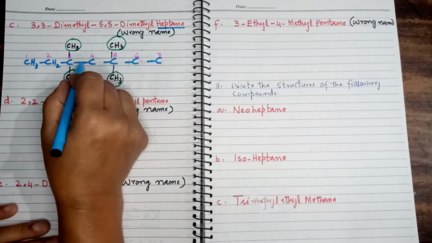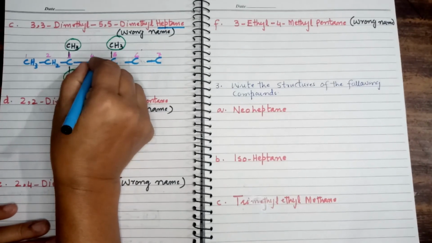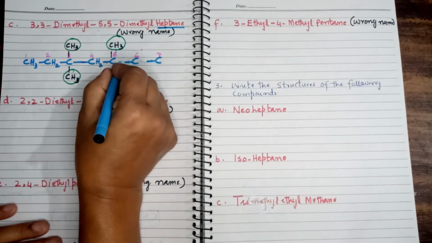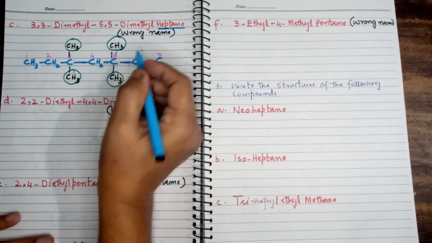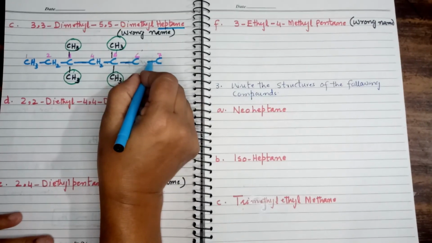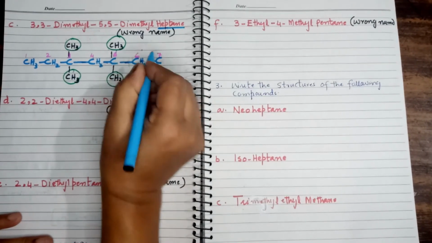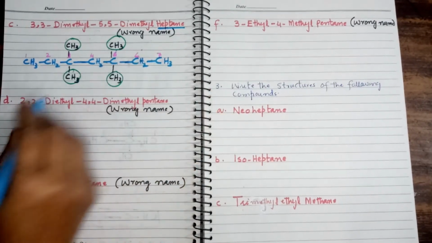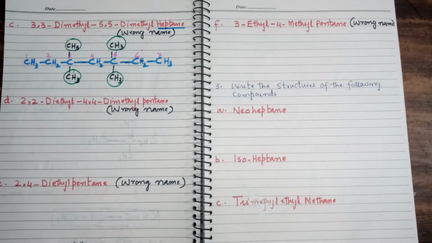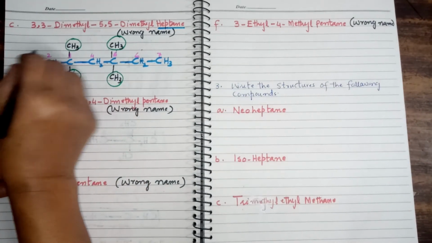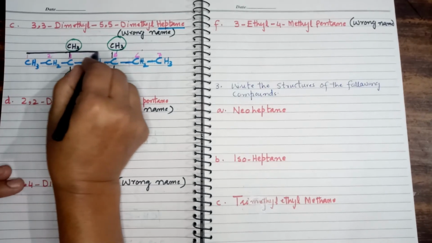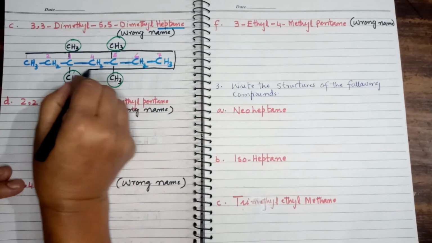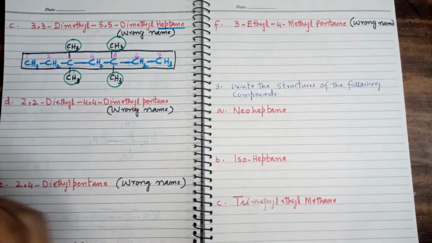This carbon 1, 2, since it makes 2 bonds, so we add 2 hydrogen here. This carbon 1, 2, 3, 4 becomes tetravalent, so no more vacancy of hydrogen. This carbon forms 2 bonds, so we add 2 hydrogen. This carbon forms one single bond, so we add 3 hydrogen, right? This is our parent chain. Now enclose the parent chain in the box.